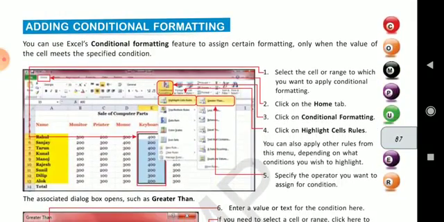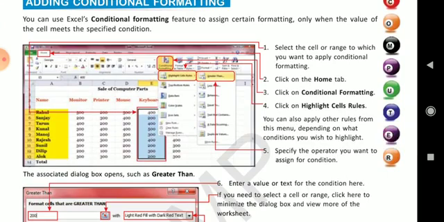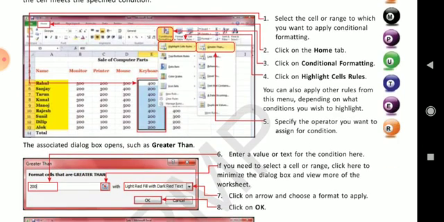Adding conditional formatting. If you want to give a condition to your cell and it meets the specified condition which you have provided, the conditional formatting feature is used. There are different rules: greater than, less than, equal to.